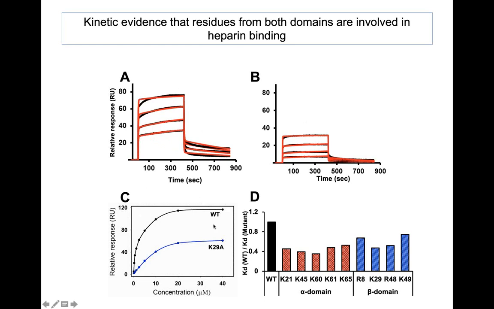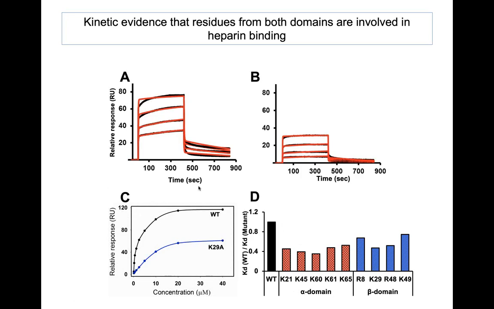You can see one of the plots where we take the concentration as a function of response. You can see a typical dose response curve. And here we are plotting the relative binding affinities. If we take the wild type, you can see the mutants from both the alpha domain and the beta domain result in lower affinity, not a big difference between lysines. There are 1 or 2 arginines here. In fact, the arginines seem to result in much lower affinity compared to some of the lysines. So this tells you that both the domains are involved in binding, but what exactly are the